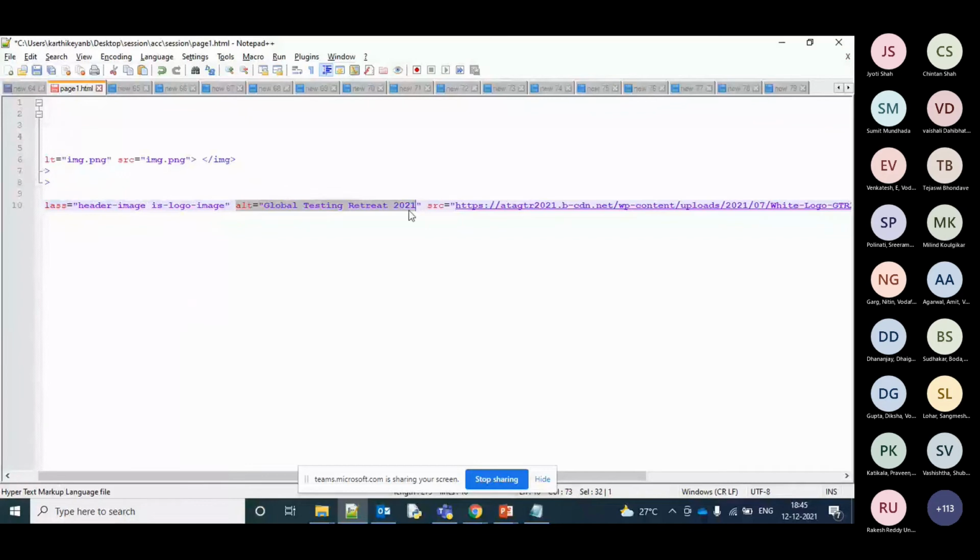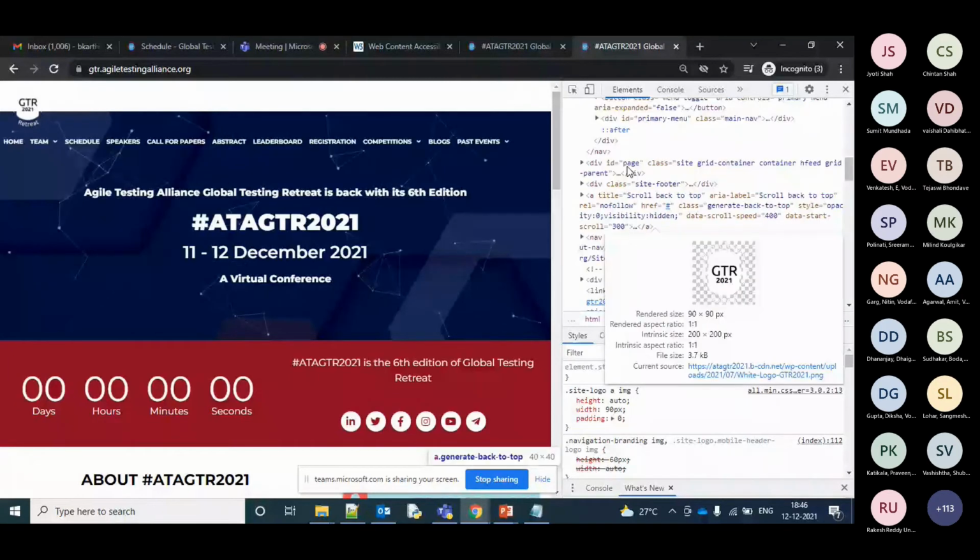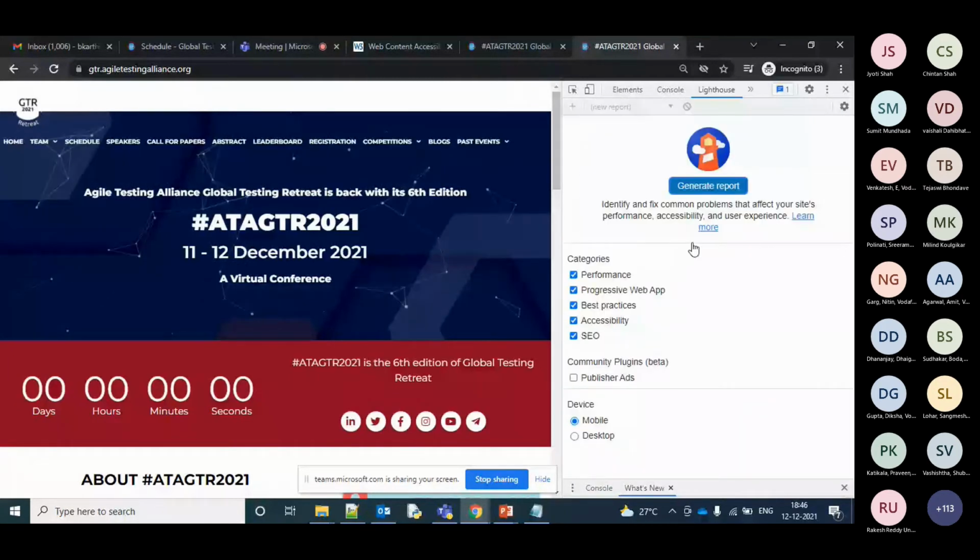What's the difference between alt text and aria-describedby or aria-label? ARIA will be helpful when it comes to screen reading software and other things. But alt text is compatible with the browsers when it comes to low network and other things. I'm not able to get this option today.